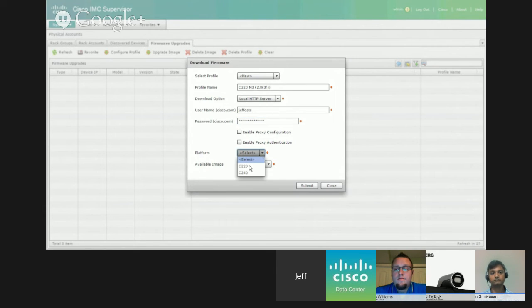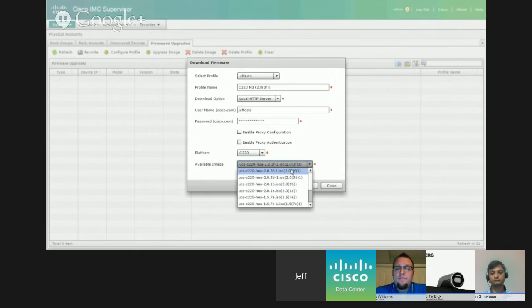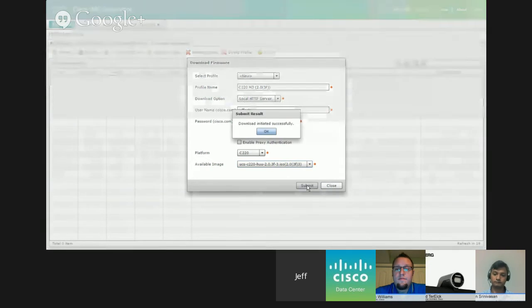I'm going to select the 220, and then the system's actually going to go out and query what images are available out on Cisco.com. So it's going to present to me a list, and I'm going to select the top image because that's the image that I'm looking for, 203F,